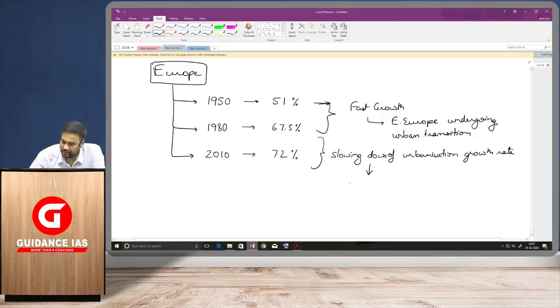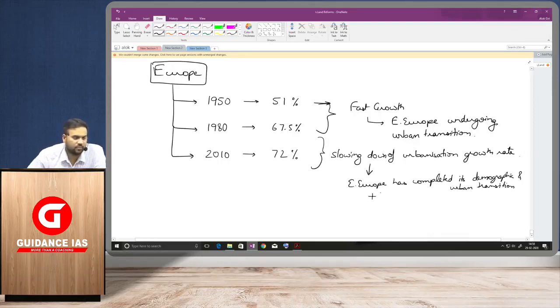Reasons are manifold. 2 reasons we can say. One, Eastern Europe has completed its demographic and urban transition. That is one. Plus,